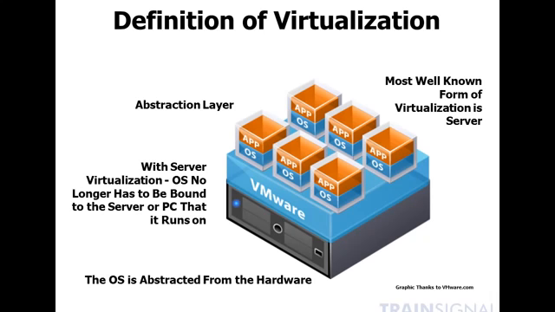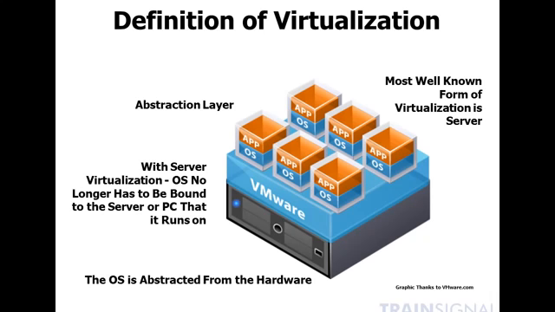hypervisor layer. In this case, you see you've got the VMware layer right there. That's VMware vSphere, assuming you chose the vSphere hypervisor. And then on top of that would be your virtual machines. These virtual machines contain the operating systems and applications from the physical servers that you consolidated into this single physical server, or it could be multiple physical servers, depending on how many virtual machines you're going to put on each